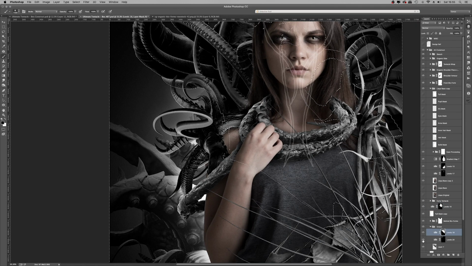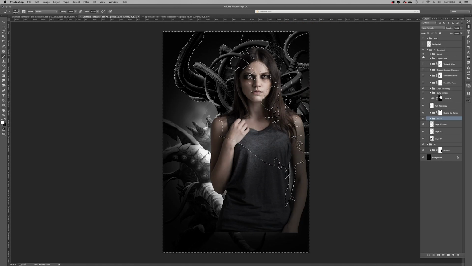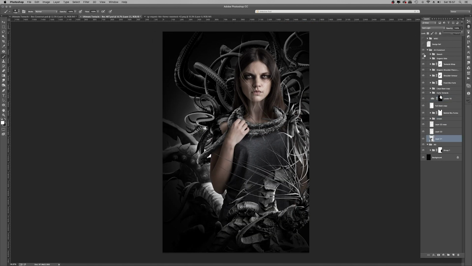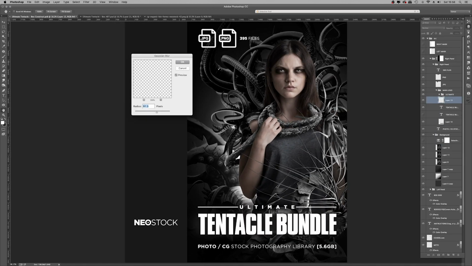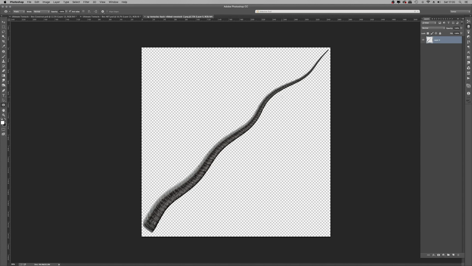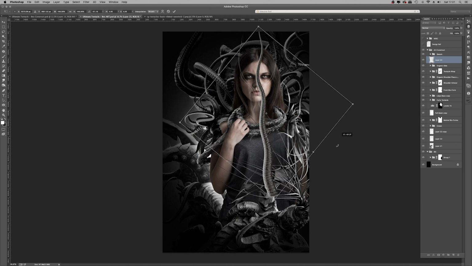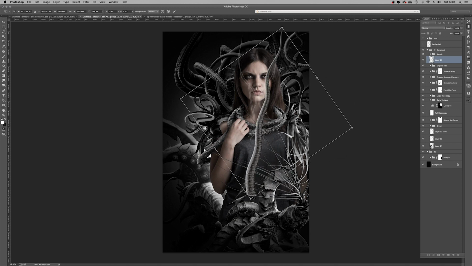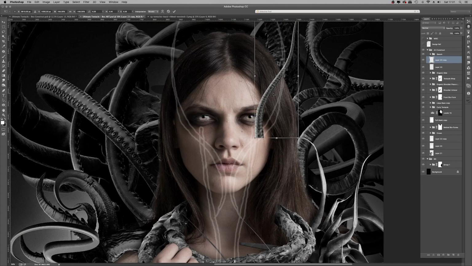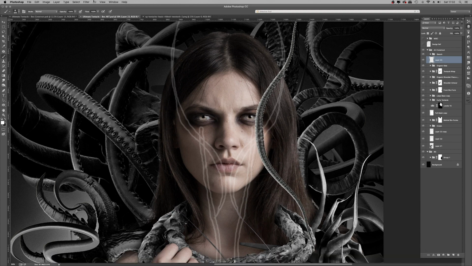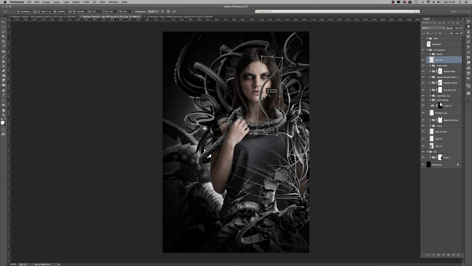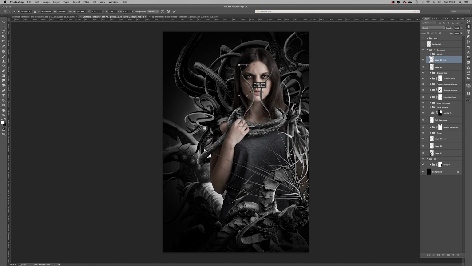And here we are creating a bit more lighting using soft edge brushes, and manually painting in where I would like the details to show up. Sometimes I use overlay blend mode. And here at this stage, the basic white sketch that I did on the model's face, now I'm taking some of those tentacles and twisting them up and manipulating them so they match those lines that I laid down with the pen just as a sketch. And I thought, okay, they don't work there, I'll put them there instead.